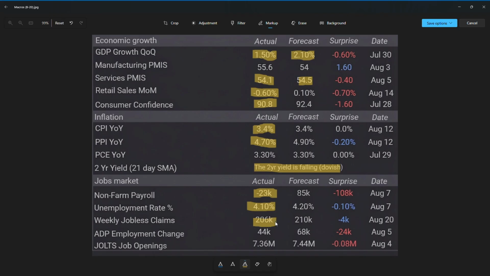We had jobless claims that came in a bit stronger than expected, but both the ADP and the job openings were significantly weaker than expected, right? And so all the signals point to push the dollar